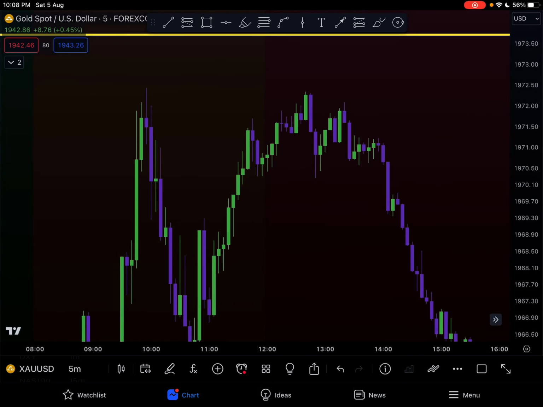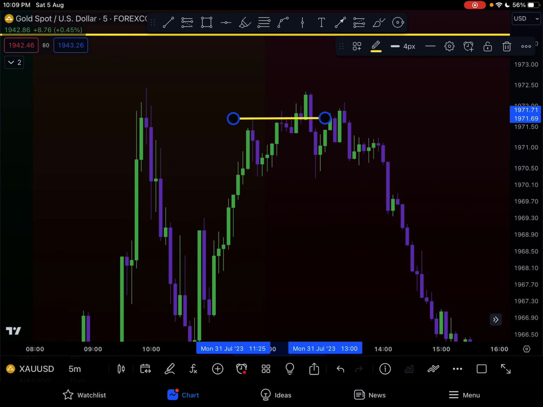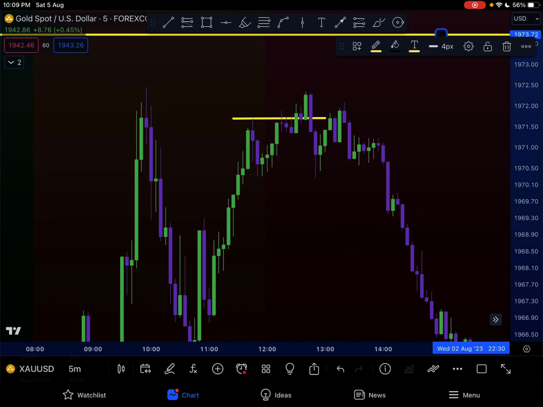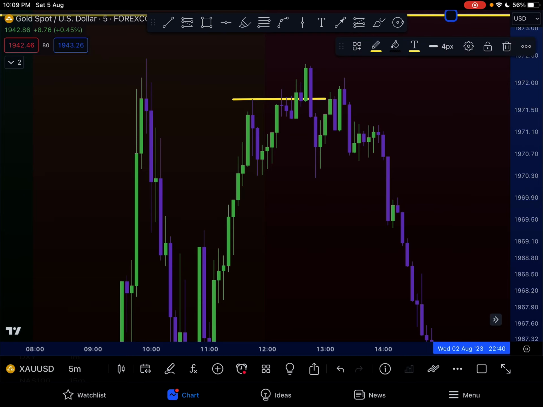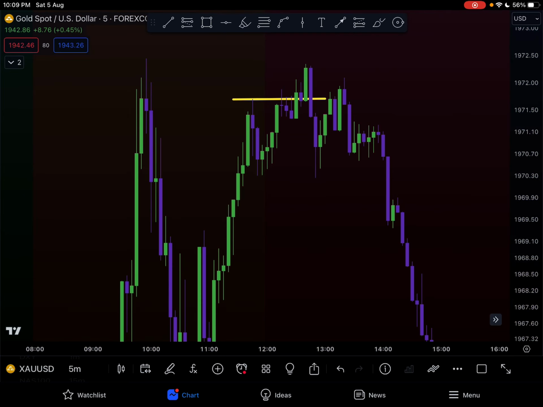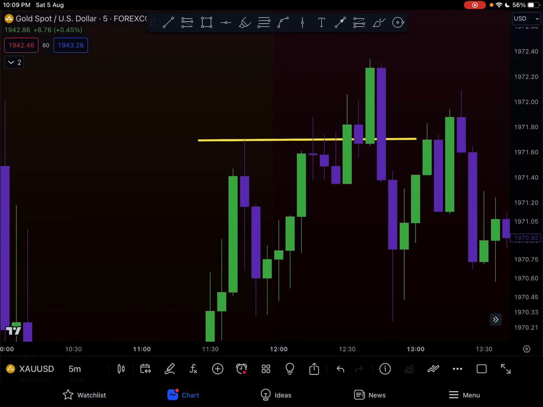Now, what did I talk about? If you're not going to use a fair value gap, you're going to use a turtle soup setup. There you go. We went all the way from the hour and we ended up on the what? The 5 minute. Before we were able to find what we were looking for. So now that I got that, I can get rid of that. Now I'm on a 5 minute time frame, right?